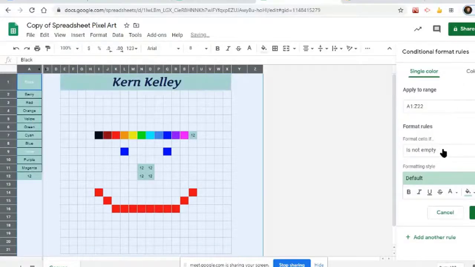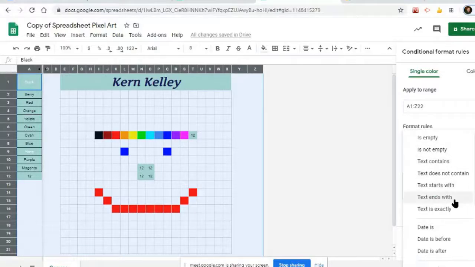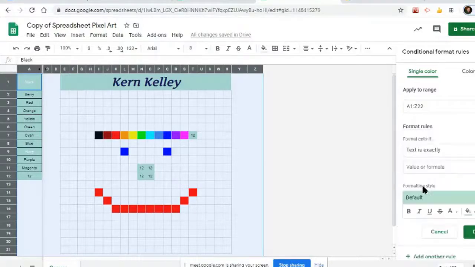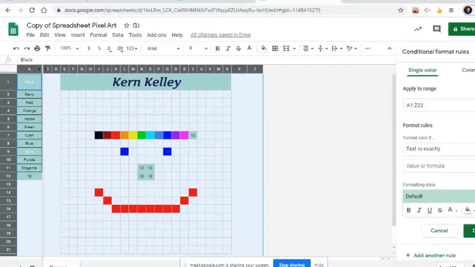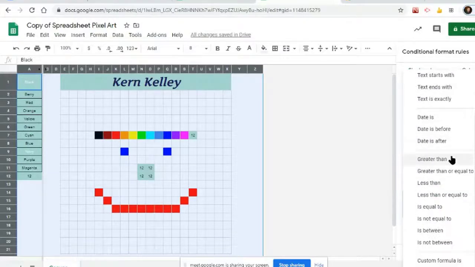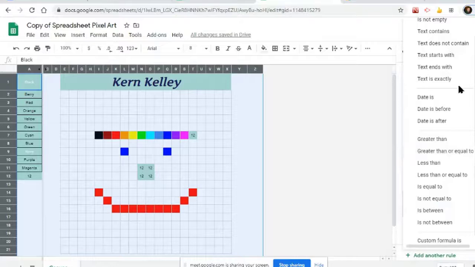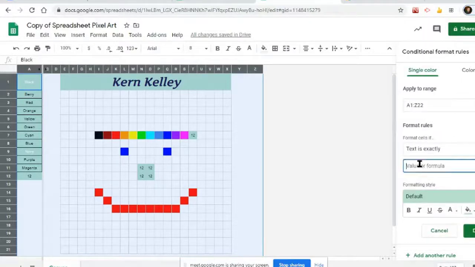And this rule is going to say if the cell is exactly. Now, we're going to say text in this case because it doesn't matter. We could use text, we can use letters or numbers. Or if I want to get more specific, I could say is equal to, which would mean it had to be a number in that case. I could do that if I wanted to, but we're just going to keep it as text for right now. If the text is exactly 12,